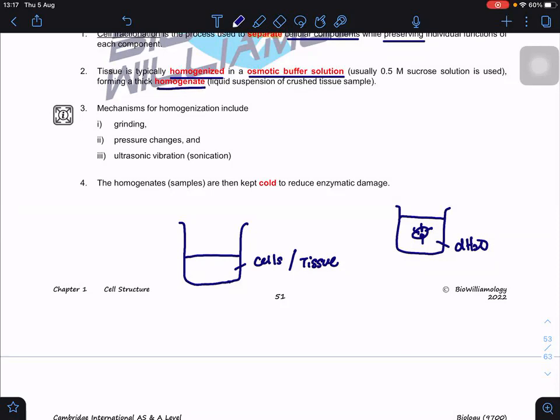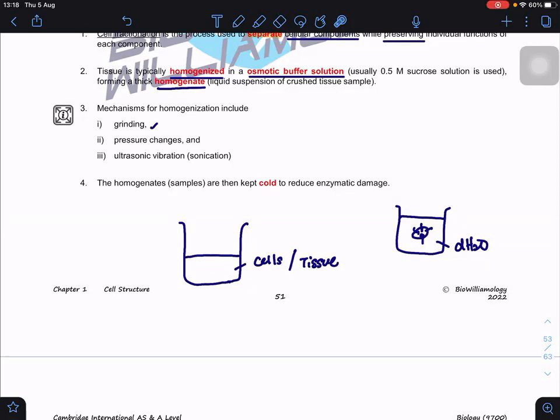Once we homogenize it, it will form a thick homogenate, a liquid suspension of the crushed tissue sample. So how can we homogenize it? We can use a few methods. We can grind it, we can use a pressure change, or we use the sonicator, or ultrasonic vibration. We vibrate until the cell membrane breaks, then release all the organelles. So we need to control the ultrasonic vibration and the pressure so that we only break the cell membrane, or cell wall, releasing